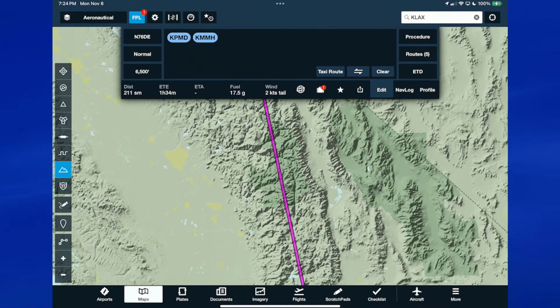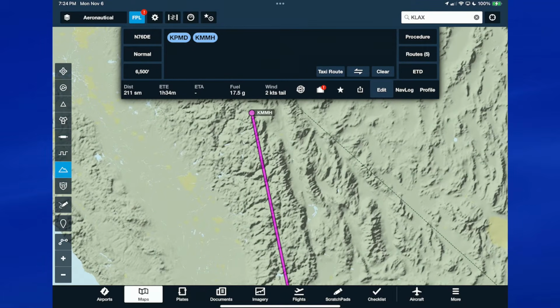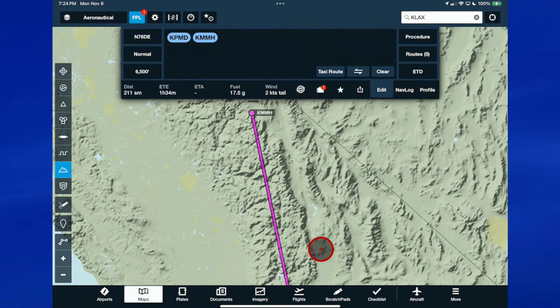That's a pretty long way to fly over the mountains, and we've got a perfectly good valley, one to the west over here. And we've got this Owens Valley right here, which sometimes looks inviting to a lot of people because you can go right up to Mammoth, and there's no mountain crossing to do once you fly up the Owens Valley. If there's any westerly flow here, I've gotten some of the worst turbulence in my life flying a small airplane up this valley. And there aren't many airports. There are plenty of fields, plenty of places to go, but I don't think you'll like the ride.